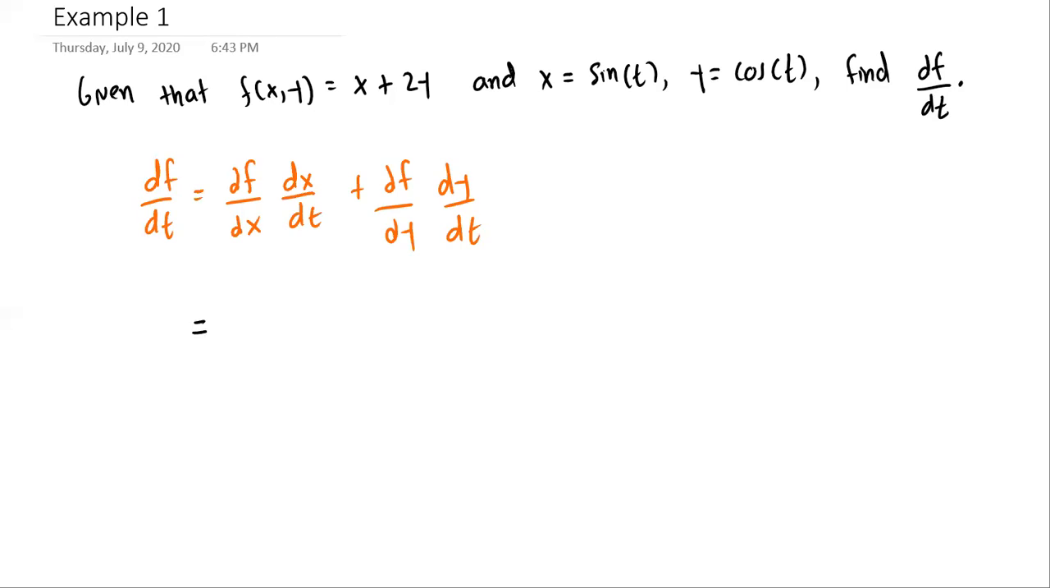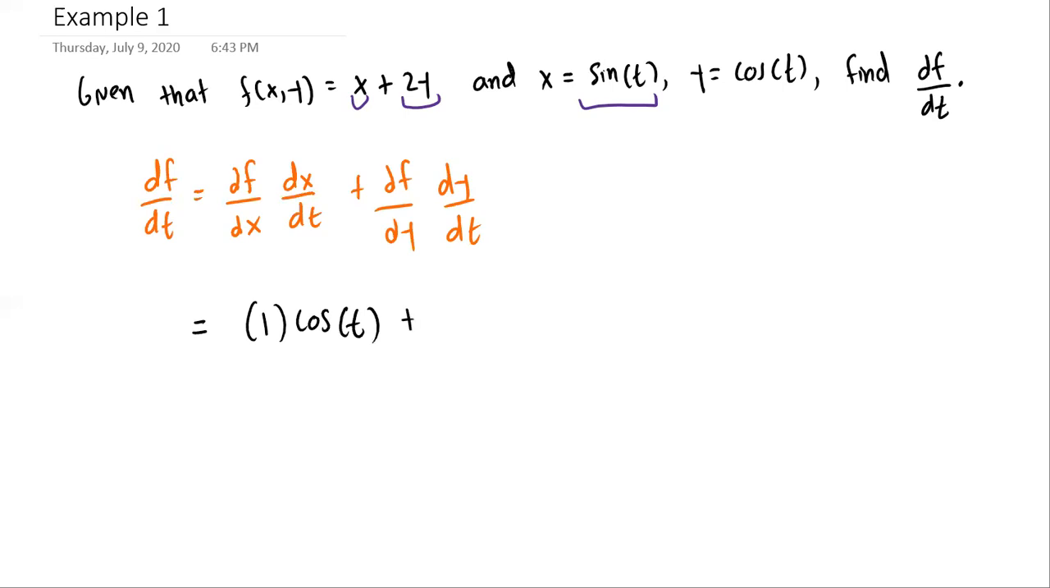Partial of f with respect to x. Treat y as a constant, so this goes to 0. We can take the derivative with respect to x, and this goes to 1. So we have 1 times, now the derivative of x with respect to t. X is given by sine of t. What's the derivative of sine t with respect to t? Well, that's cosine t. So 1 times cosine t